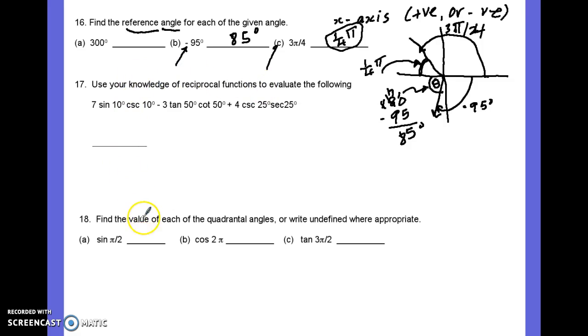Let's find the value of each of the quadrantal angles or write undefined. And please